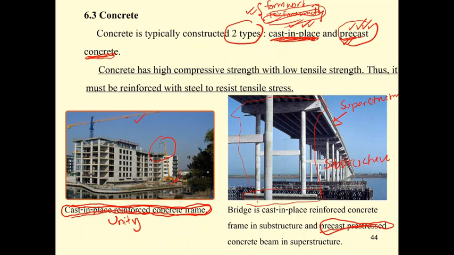Okay, and then when the substructure is finished, this precast pre-stressed concrete beam can be shipped and installed in its position, and then they install the slab and do the asphalt concrete pavement on the top and install what is so-called the guardrail here. Okay, so most of the time the construction of